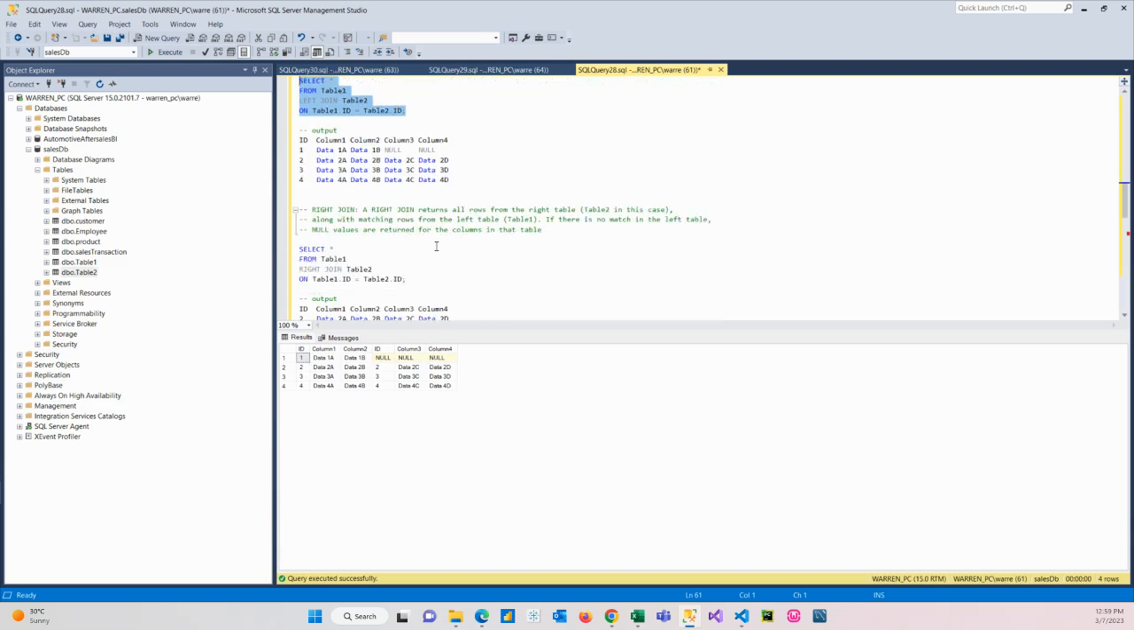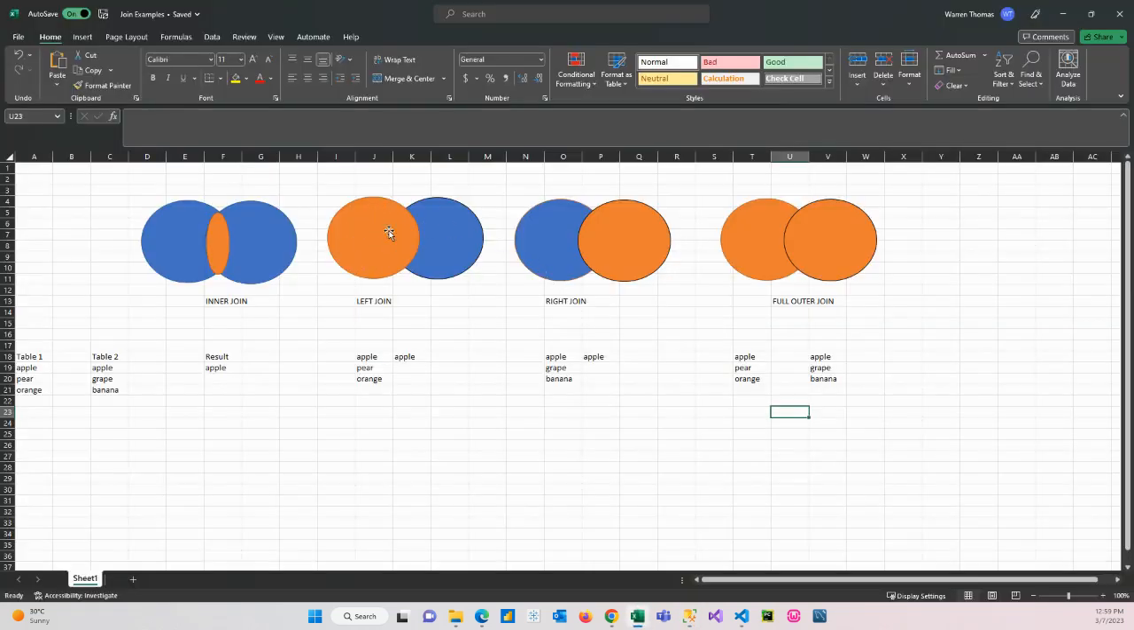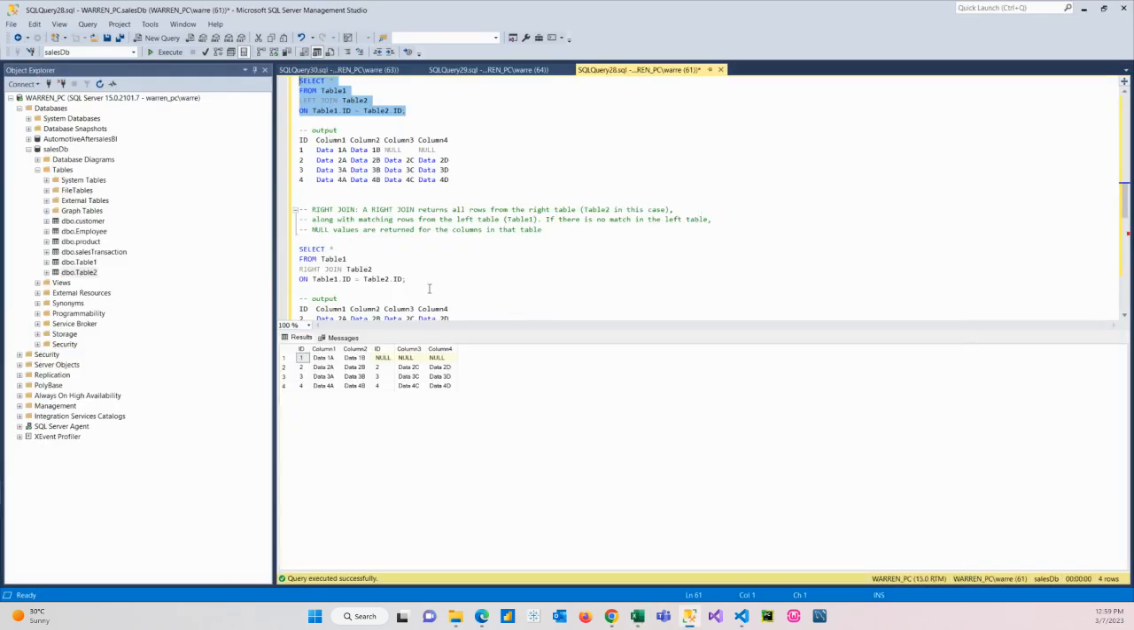A right join is the exact opposite. It's exactly what we just did. We took everything from this table and the related data that overlaps here from this table. Right join is the opposite. We take everything from the right table and the related data from the left table. So if we go and take a look here,